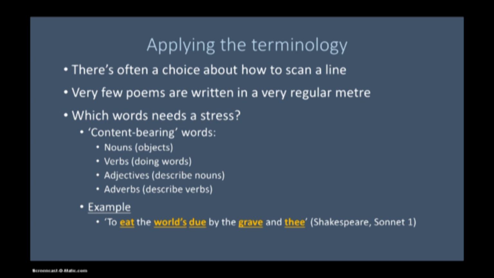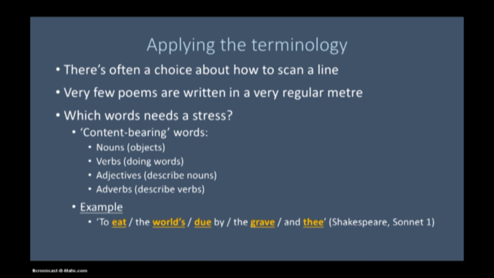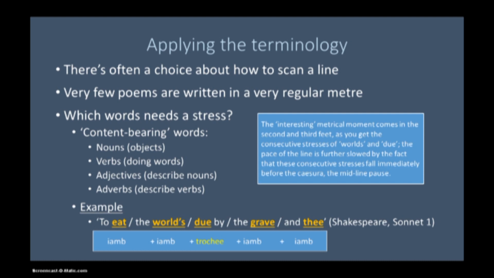So in this line we end up with 5 stresses. To eat the world's dew by the grave and thee. And if we divide the line into feet, it'll look like this, which makes iamb, trochee, iamb, and iamb. The interesting metrical moment comes in the second and third feet, where the iamb and trochee